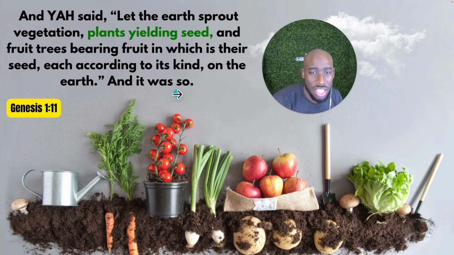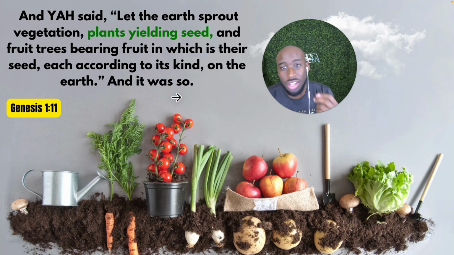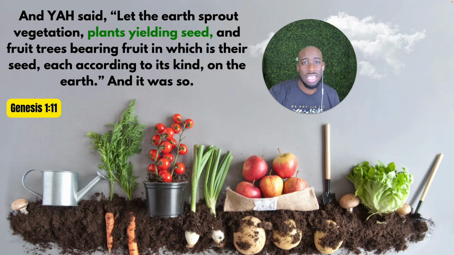So in the beginning, this is huge. Seed by itself was huge in the part of creation. And not only that, he's talking about plants that yield seed, because he was like, hey, I can make these plants, but I need these plants to be able to reproduce. A great way to tell if your fruit or your vegetables are great and healthy and organic: do they have seeds? Because that's how he originally created them, which is really cool. That's already here in the scripture.